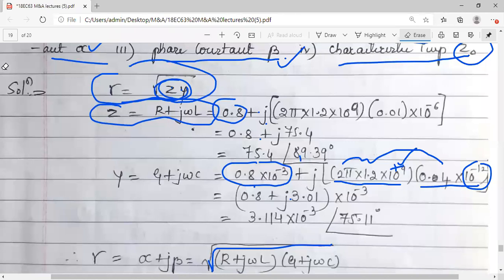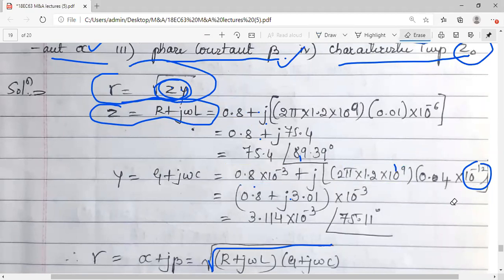Just like how we converted rectangular to polar for Z, similarly go for the conversion of rectangular to polar for Y also. So you have got the second one also, 3.01. You just verify once. I'm talking about when you convert only for Z, consider only this much. Let me just highlight it.